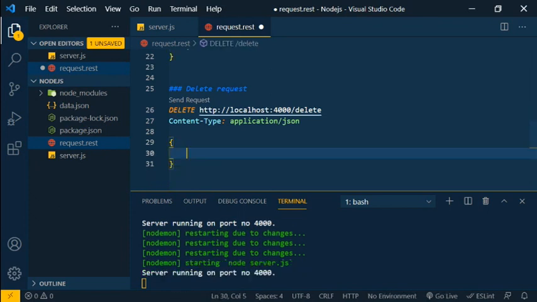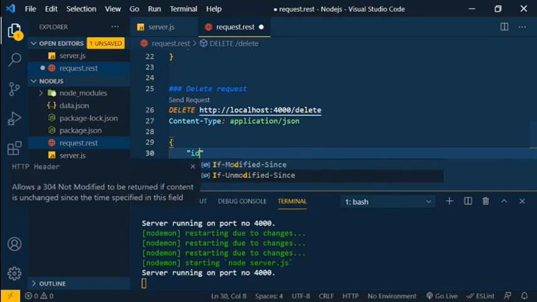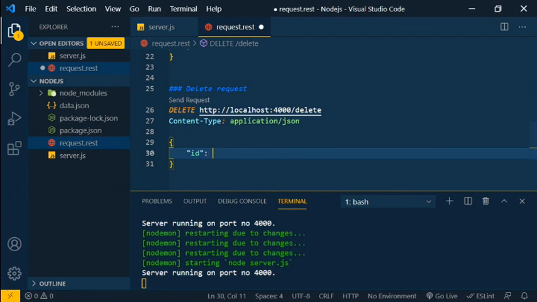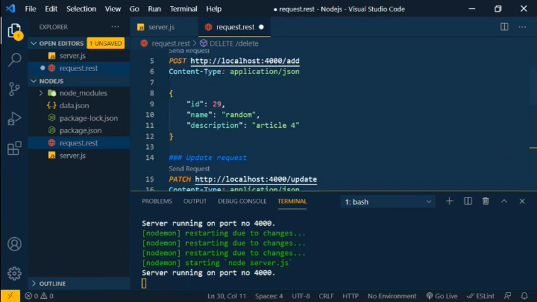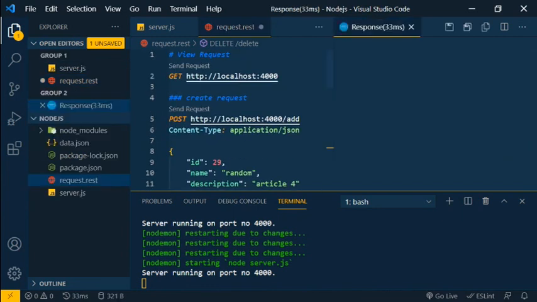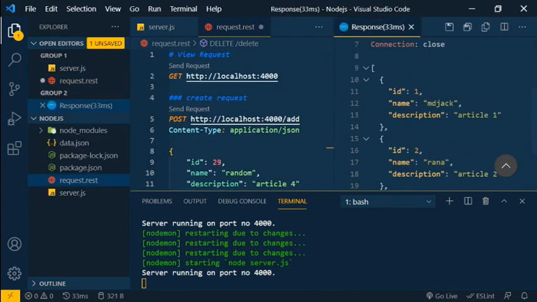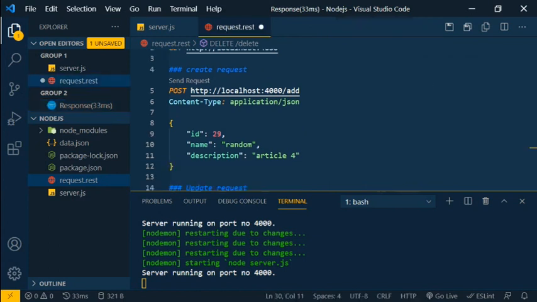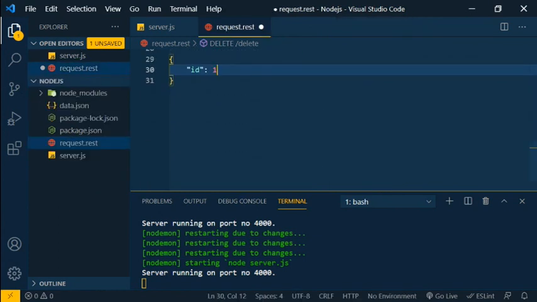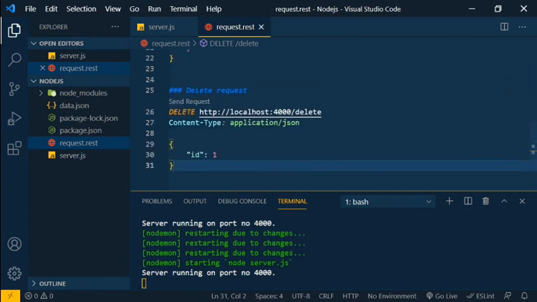We need to pass the ID, the actual ID that we need to delete. We have 3 articles, and we need to delete the first article. For that I'm mentioning ID number 1 here and then making the request.